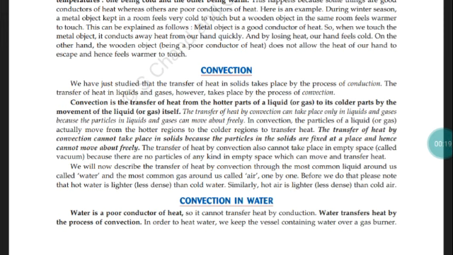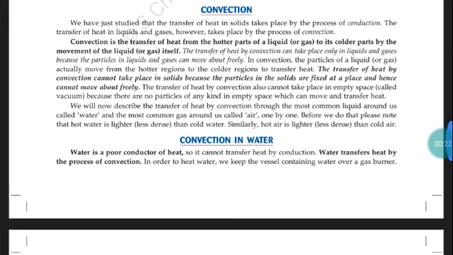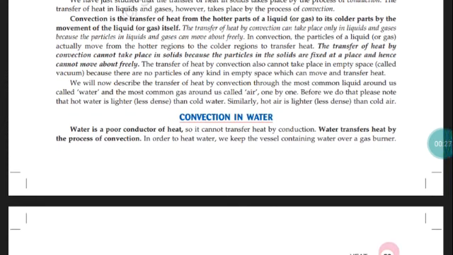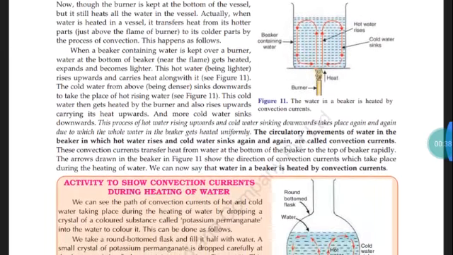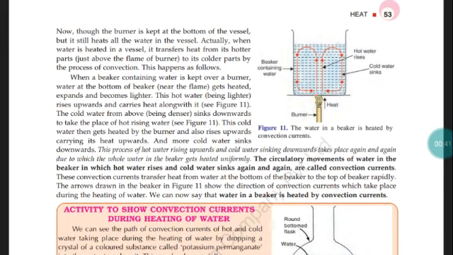So first of all, we will see in case of liquid, that is in case of water, say. Water is a poor conductor of heat, we know, but it is a good convector of heat. It is a poor conductor of heat but good convector of heat. That means if you boil water, suppose you are boiling water in your kitchen, you will see that first of all the water at the upper portion will remain colder, but gradually, as time passes, the upper part will also get hotter.